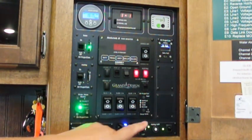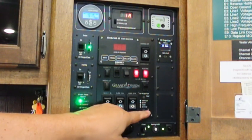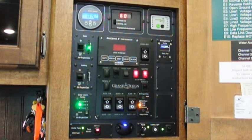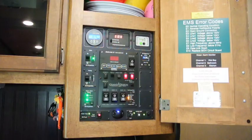And the last item that I designed is this battery charge monitor. If you remember, in the beginning of the video when we were in the front compartment, I told you that I had one here. They're independently reading, but they do the same function. In most RVs, and in the case of this one, we have a smart charger. And the smart charger has 3 modes: bulk, absorption, or what I call normal, and trickle. So all you have to do is look at the light, and it'll tell you where the battery charger and